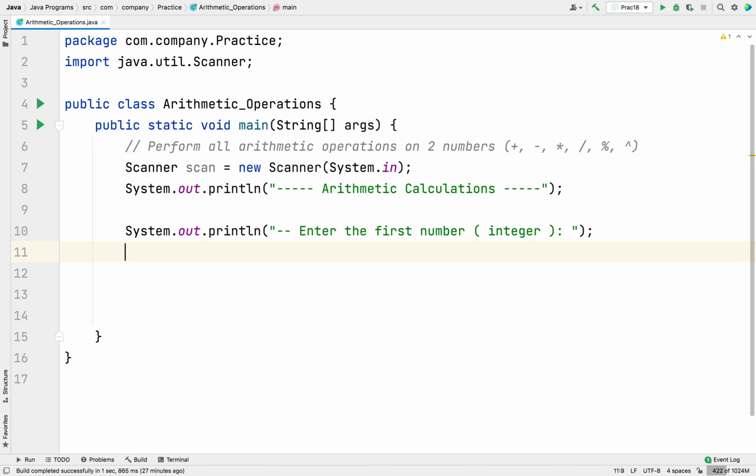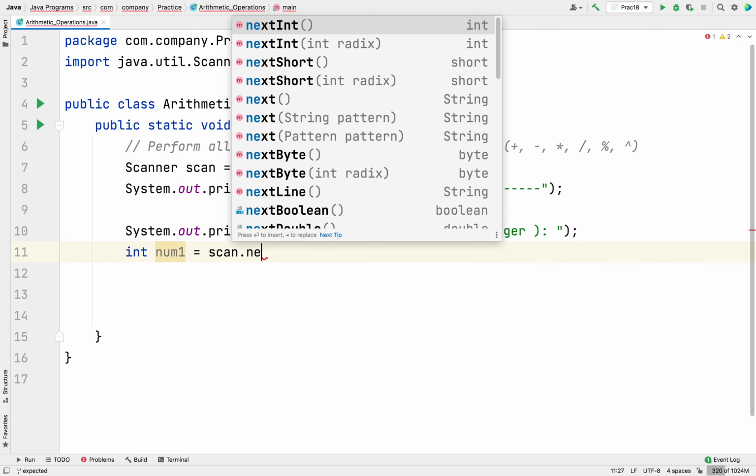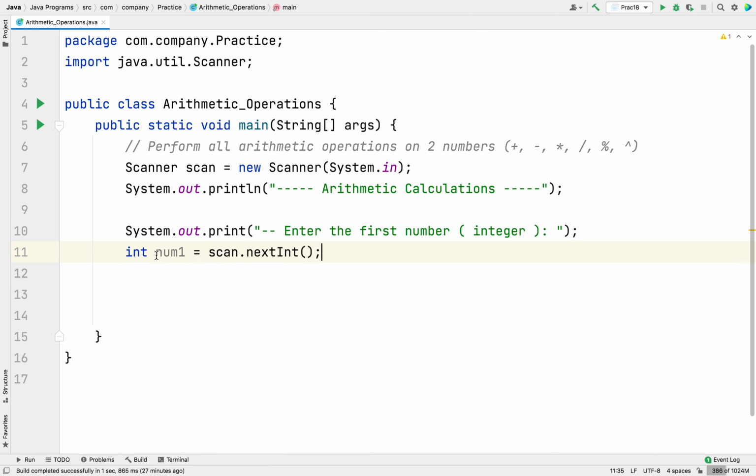And here to take the input, you just use any variable name. So num1 is equals to scan. Why am I using scan? Because I've used scan here, so the same variable name. Dot nextInt. Why nextInt? Because we are using an integer.